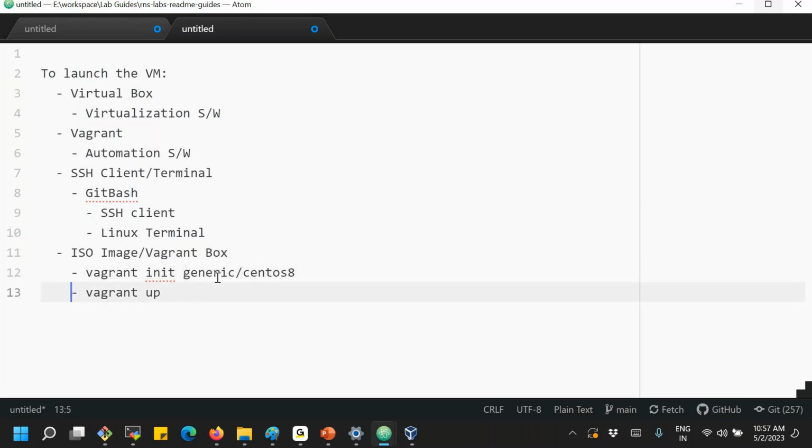Yeah, the vagrant init command and the vagrant up command, and then now we run one more command, vagrant ssh. So what is this doing?